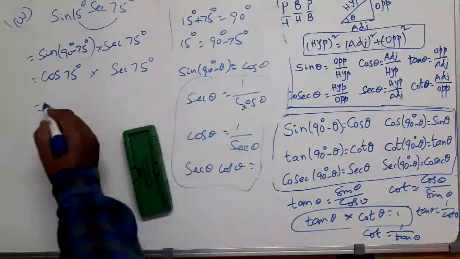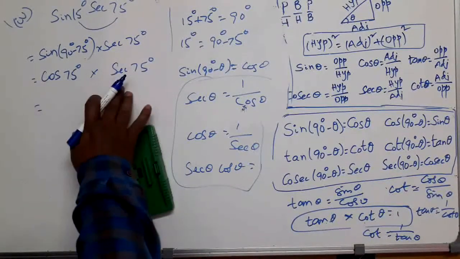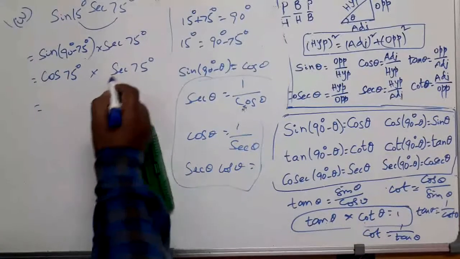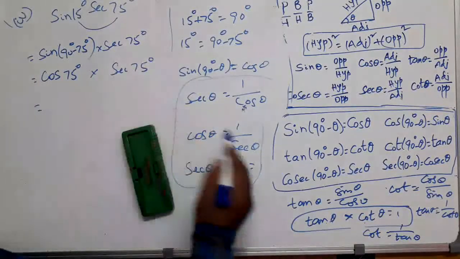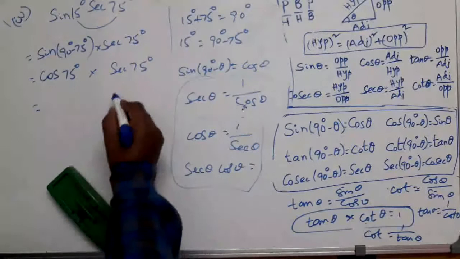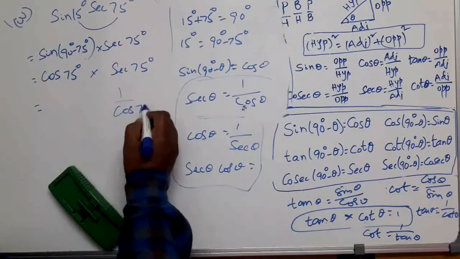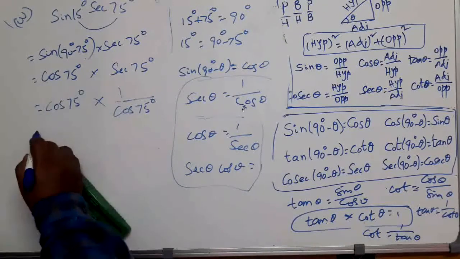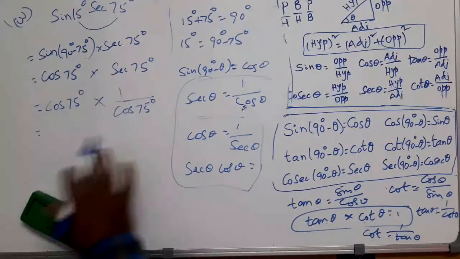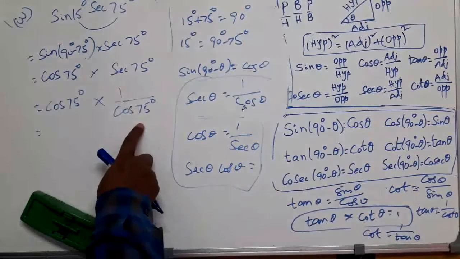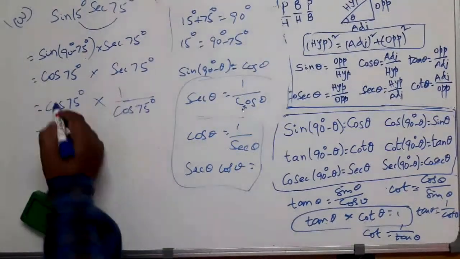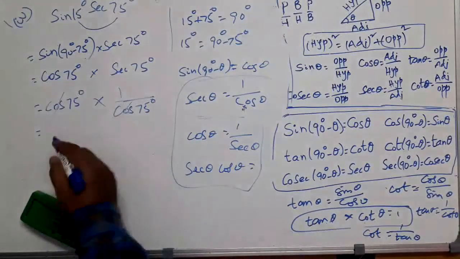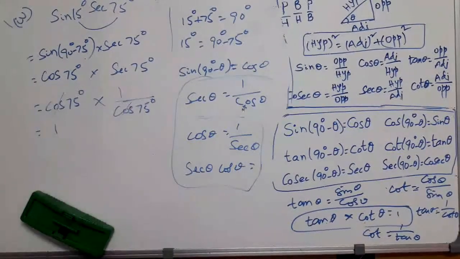So anyway, you can directly see that because these two are reciprocals of each other, the product is 1. Or secant theta can be written as 1 by cos theta. So I am writing this as 1 by cos 75 degrees. If you find it a bit easy, do it like this, no problem. So this is 1 by cos 75 degrees. This is cos 75 degrees. These two are equal. This is in the numerator, this is in the denominator, so they get cancelled. So your answer is 1, right? This is the fourth bit.